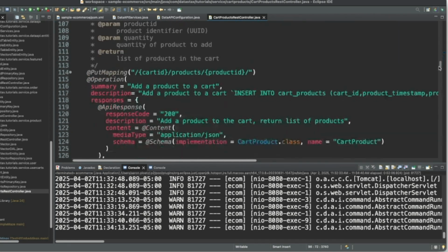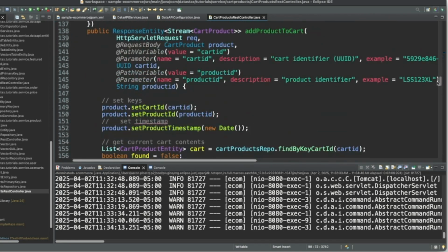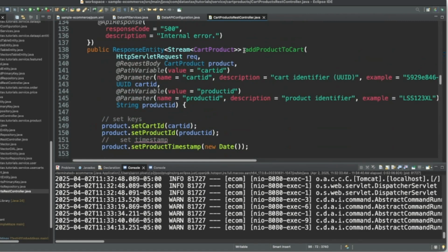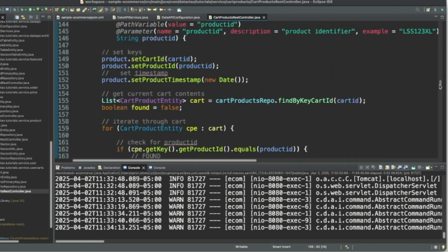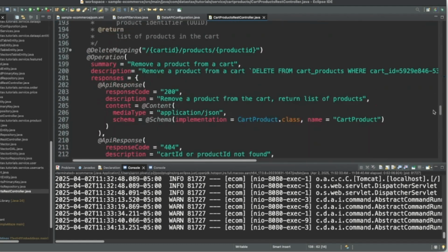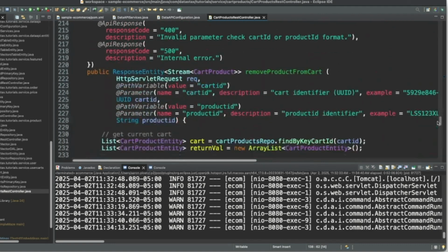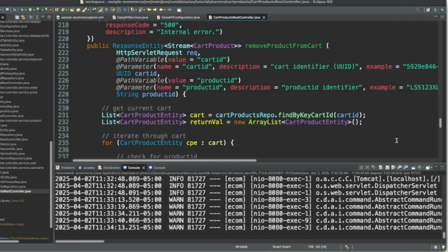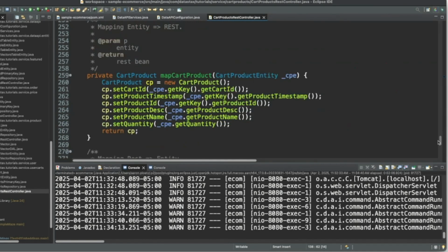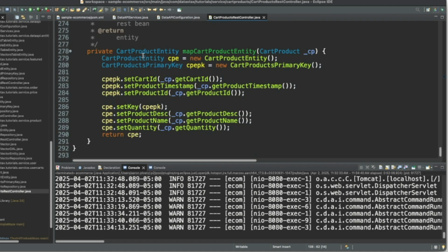That's one method. Next one is a put for adding a product to the cart. And finally, we have a delete mapping for removing a product from the cart. And we have a mapper to map from the cart product entity to the cart product, and a mapper that goes the other way, from the cart product to the cart product entity.